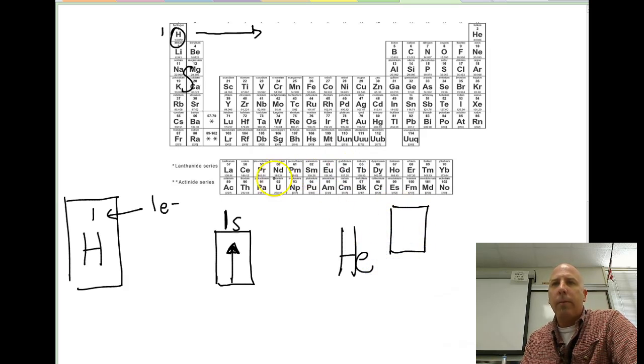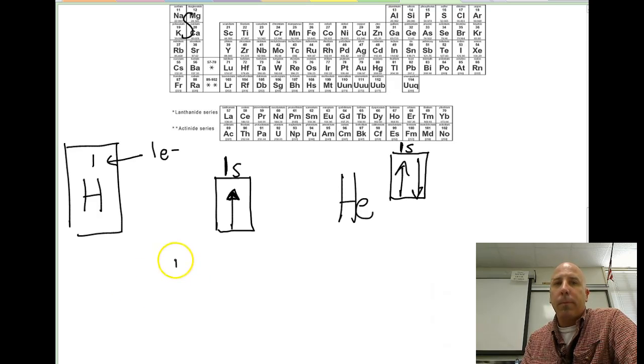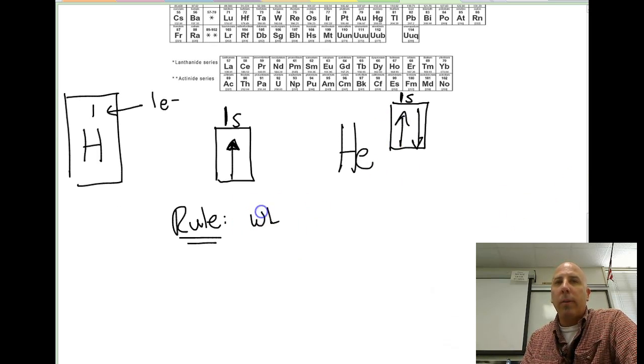Okay, helium again. And we always start with 1s, by the way. We're always going to start up here at the top. So again, helium is in that first period, principal quantum number 1. And again, we're still in the S block, even though I know helium is across over there, but we're going to use it right there. We do have helium having 2 electrons. So we're going to put 1 electron in this direction, and we're going to put the other electron in this direction, which brings up a rule. We're going to talk about the names of these rules here in a little while. But rule number 1 is when placing